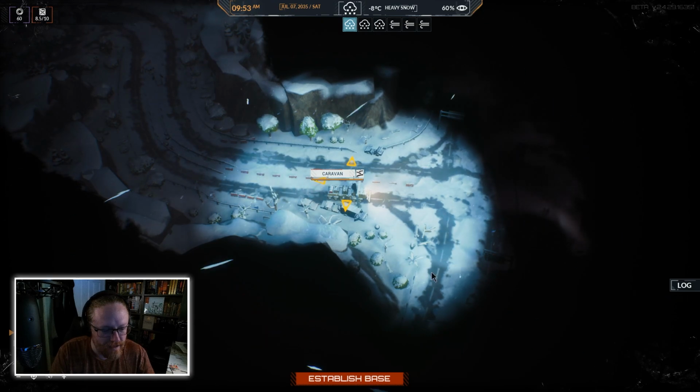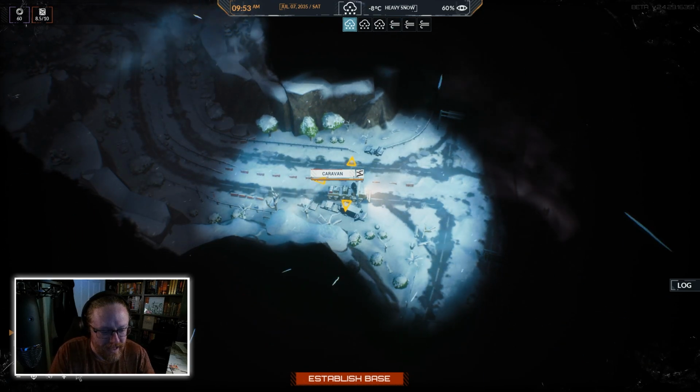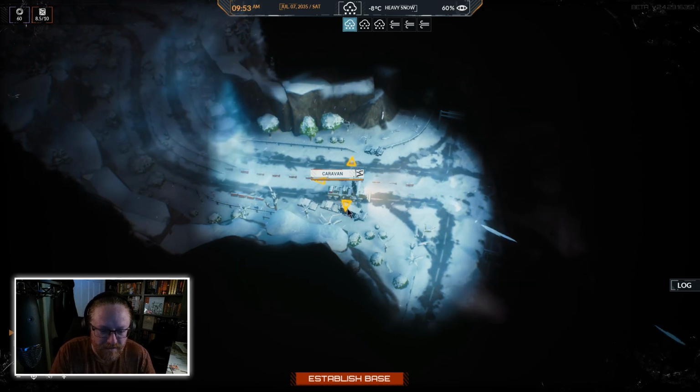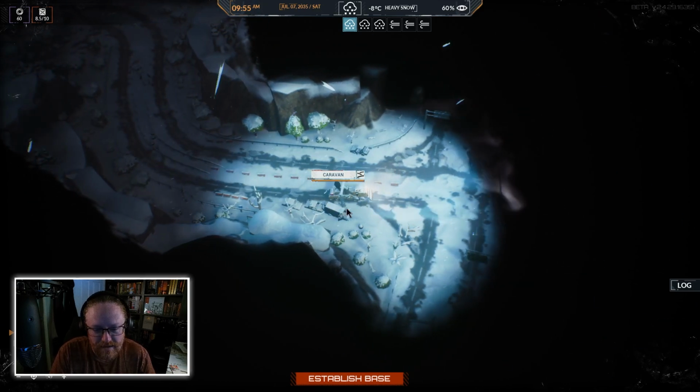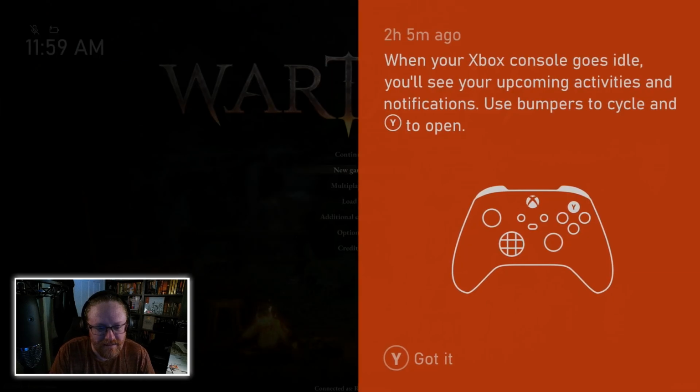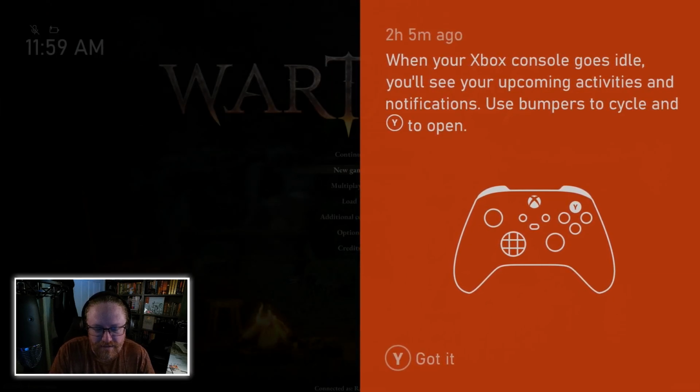Now, this says that we could go north or south. There's no instruction in my objectives to tell me which way is the good way to go. So I'm going to go south. And eventually you can get some more feedback. And then anytime you reach a place you need to stop...